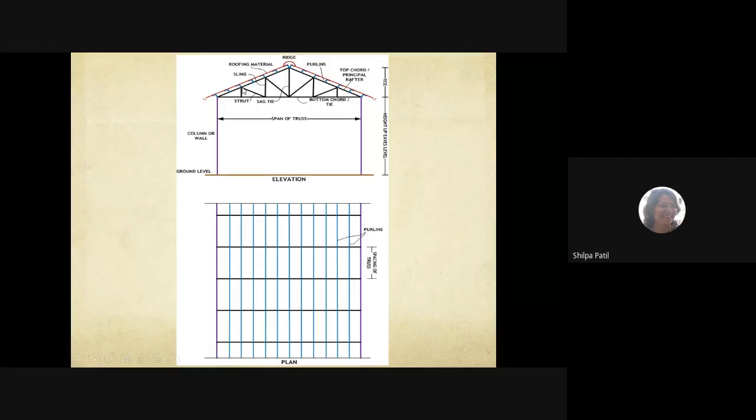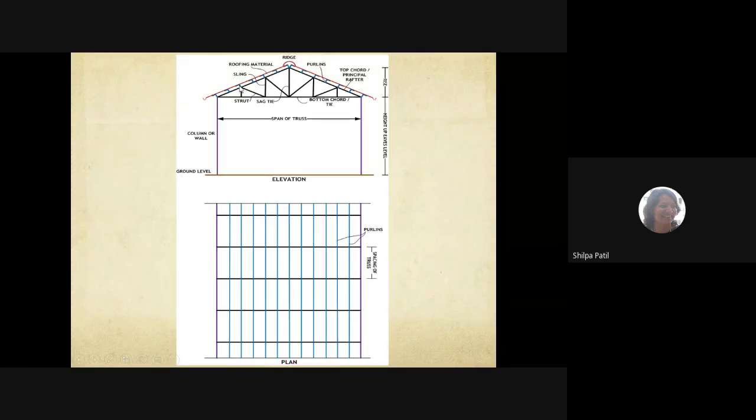Purlin, if you are locating only at the joint, then there will be only axial force in the rafter. If you are placing it on the member, the principal rafter will behave like a beam and you have to design it like a beam and not as an axial member. Okay, so as far as possible, purlin should be located on the joints.